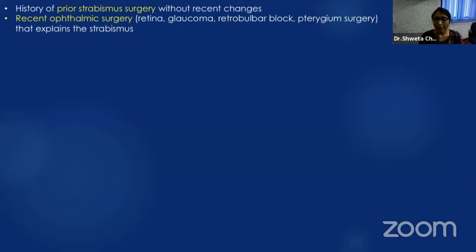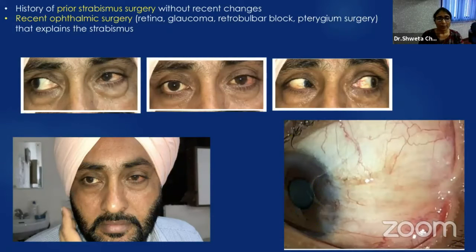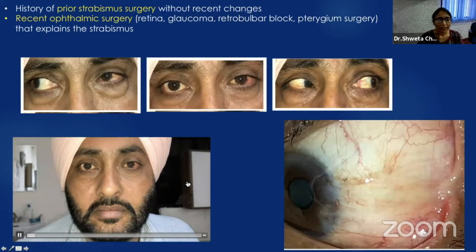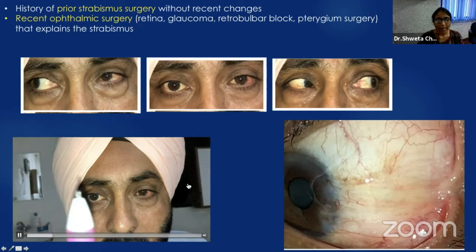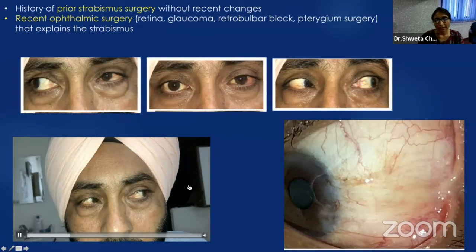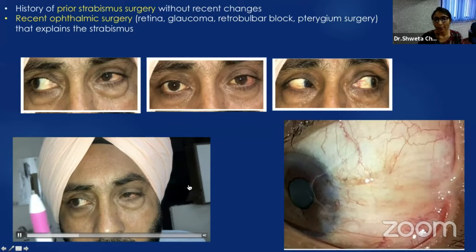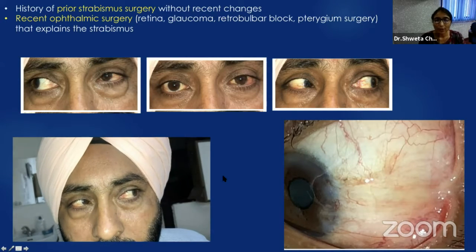You should know if a patient presents with diplopia with a prior history of any ophthalmic surgery. Like see this case. This patient presented with acute onset diplopia in dextroversion. And if you could see, this patient had a left eye adduction deficit in dextroversion along with a narrowing of the palpebral fissure, and you could see there is narrowing and enophthalmos, whereas in levoversion, there is widening of the palpebral fissure. So we were suspecting a restrictive pathology.